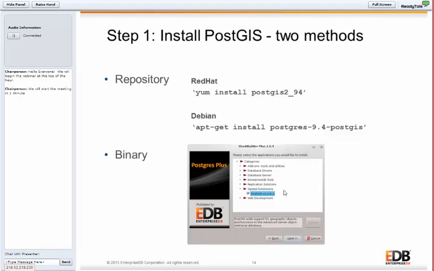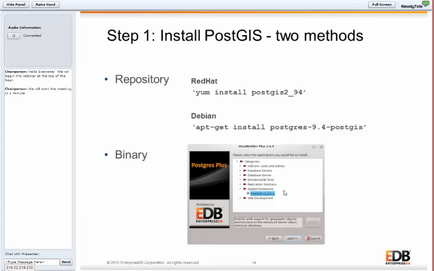We'll need to import some spatial data. We need to create some spatial data. So how do we even get started setting up PostGIS? Obviously, we'll need to install PostGIS. There are different ways to install it. If you're using Red Hat, you can just do a yum install postgis29_4. And in this case, we're using the official PostGIS repos. For that example, you would have to have the EPEL repository to resolve some dependencies that PostGIS relies on.